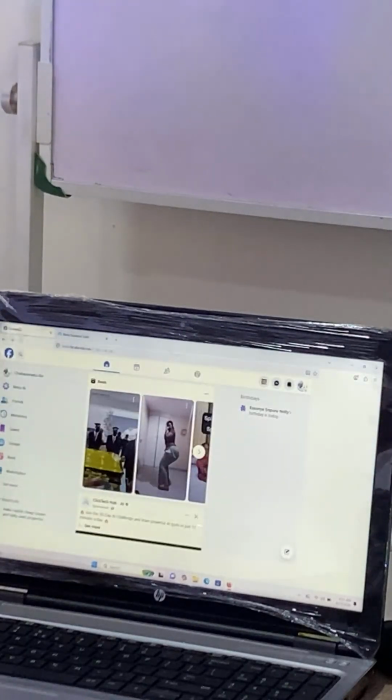So make sure that while you are setting up your account, you have already logged into your original Facebook account. Because if you are not logged into your original Facebook, anything you are doing will not show. You won't see your account here. It's linked up.